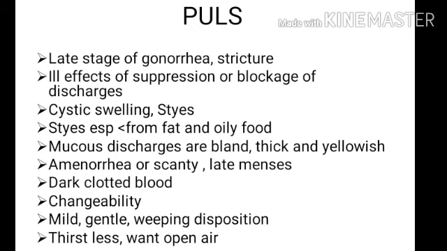Then what is the indication of pulsatilla in Bartholin cyst? Pulsatilla is also a good medicine for Bartholin cyst. Pulsatilla is a medicine for gonorrhea. It can be given in the late stage of gonorrhea or the after effects of gonorrhea like stricture, cyst formation. So we can consider pulsatilla in every Bartholin cyst if it is formed after gonorrhea or Bartholin's gland is blocked, or there will be stricture formation after gonorrhea.